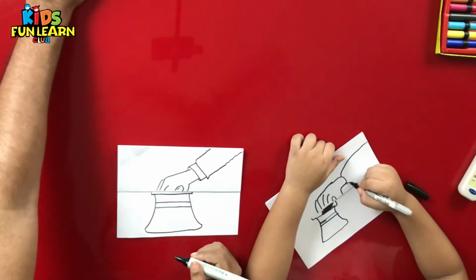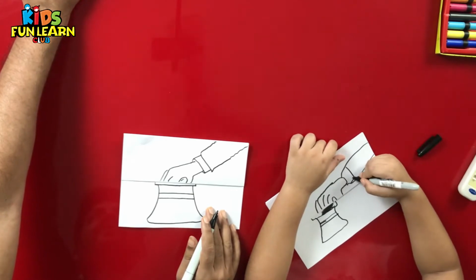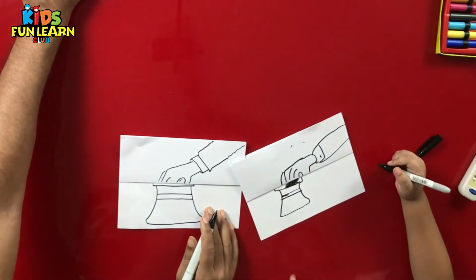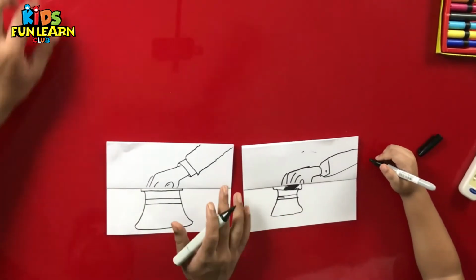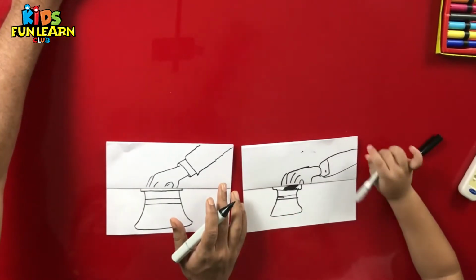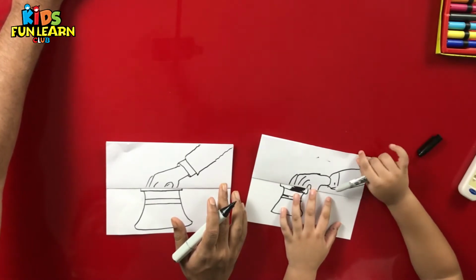Are we good till here? No, I'm not good. Why are you not good? See, Papa, is it okay? Yeah, very good. Now the next step would be to draw the rabbit